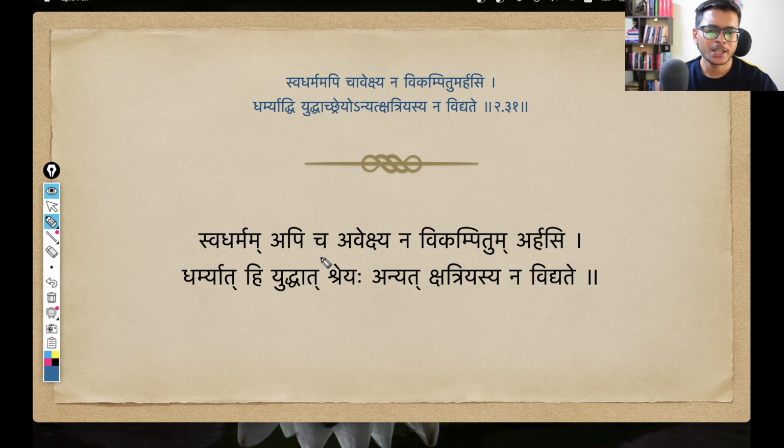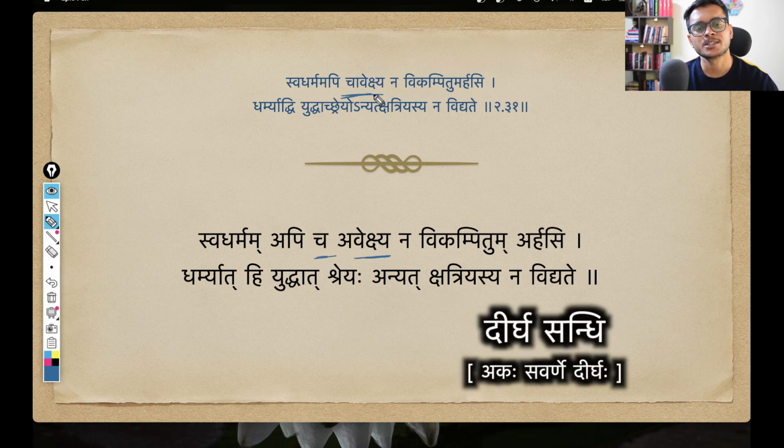Apart from this, you only have one more sandhi that you see here, cha avekshya. So it is Chavekshya. It is a simple Dirgha Sandhi. Okay. And again, as usual, all the Sandhis we saw just now, all the Sandhi rules and all the word